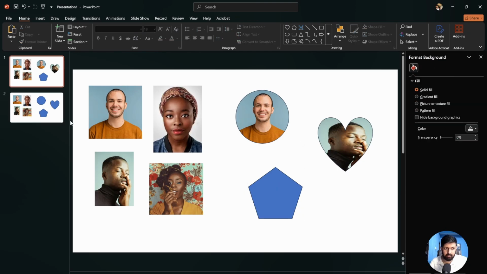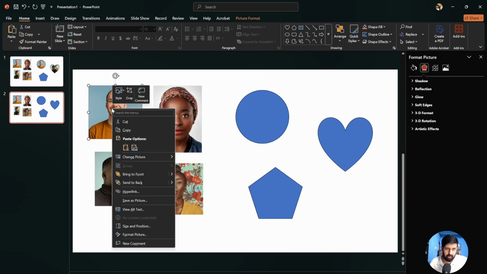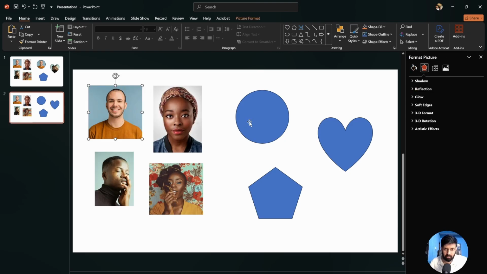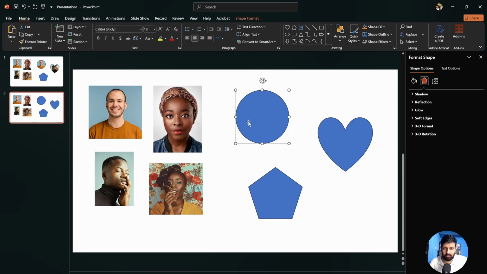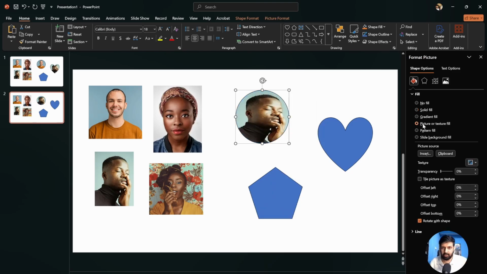Now for the second step, you already have four images inside your framework, right? So when you click on this, right click, copy the photo, and you can choose whatever shape you want. Come back to the shape options, or if you don't get this, right click, Format Shape, and you'll get this one. Here you go to Picture and Fill, and you will get whatever was copied before,